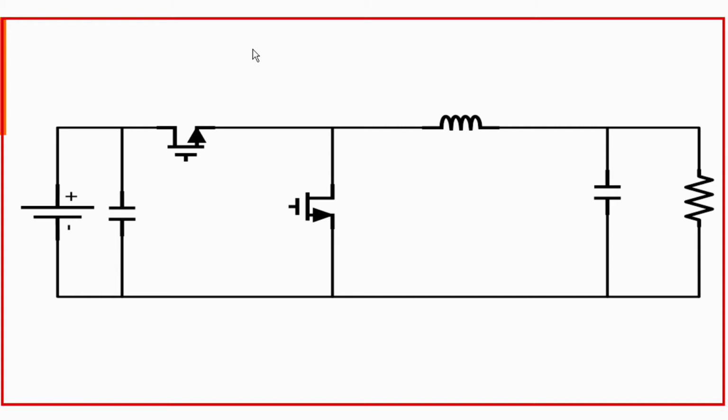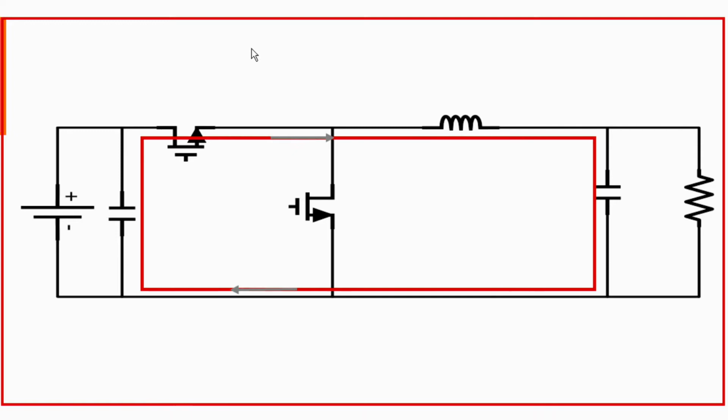So how does that create a pulsed current, which is causing our noise? What you can see is when the high side FET turns on, the current passes through the LC filter and returns to the input cap. Then when the high side FET turns off and the low side FET turns on, the current path is now through the low side FET, through the LC filter, and back to the bottom return, the source of the low side FET.